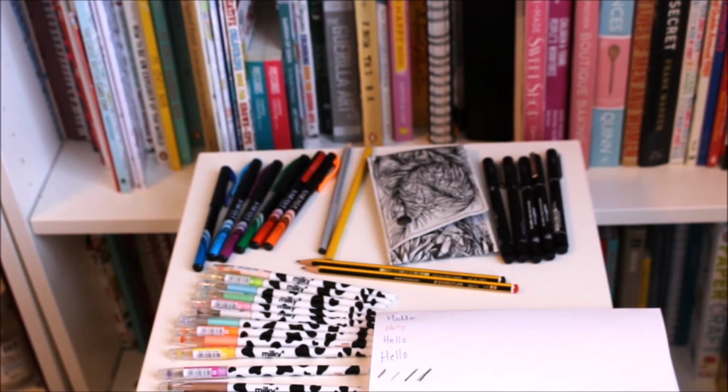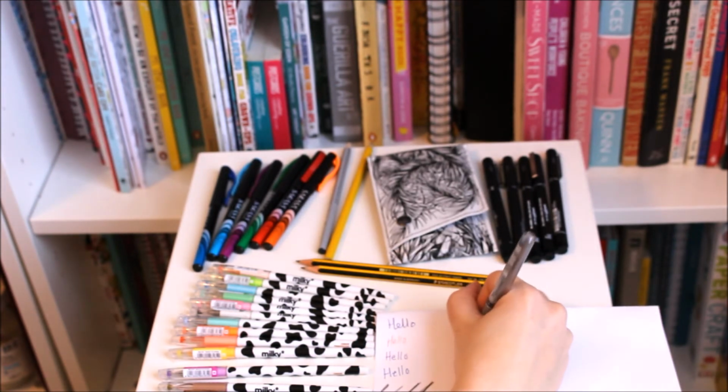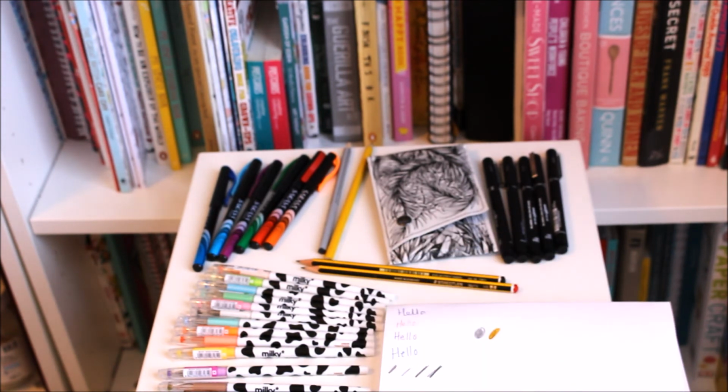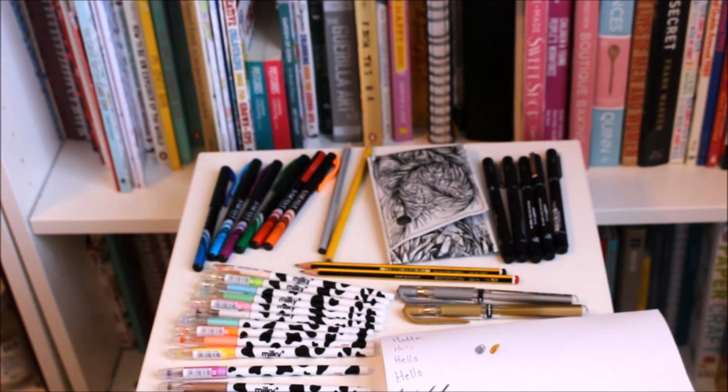Then I don't know why I've got these in here at the moment, they're just in here, but I've got metallic markers, which are sometimes quite good just to do extra detail. Everyone's seen a metallic marker before, they're nothing new. And then I have